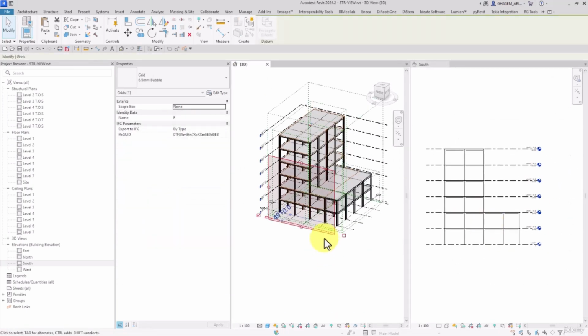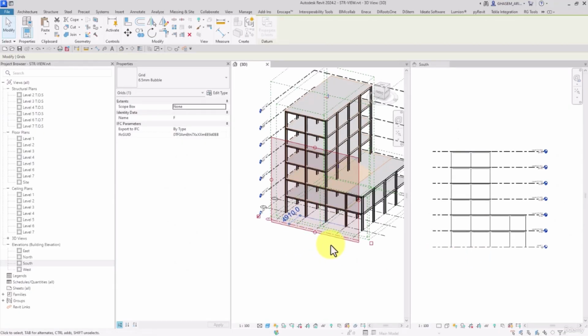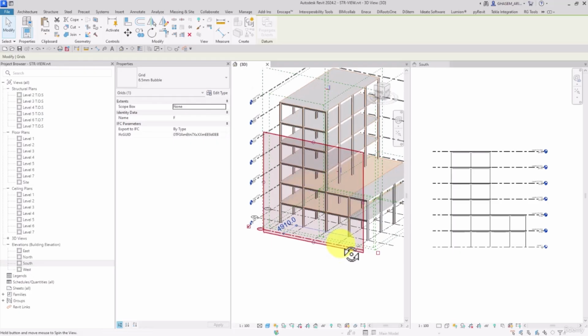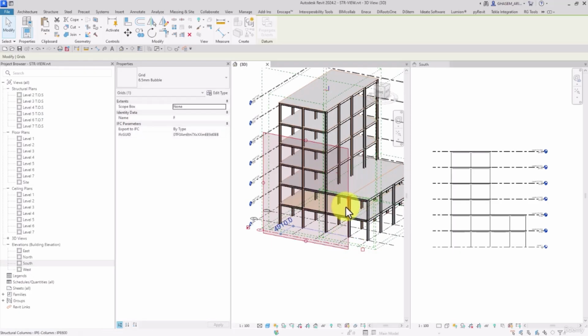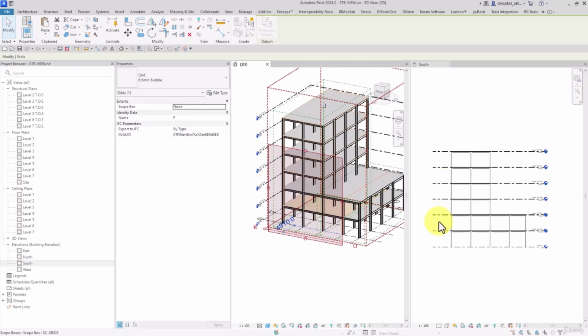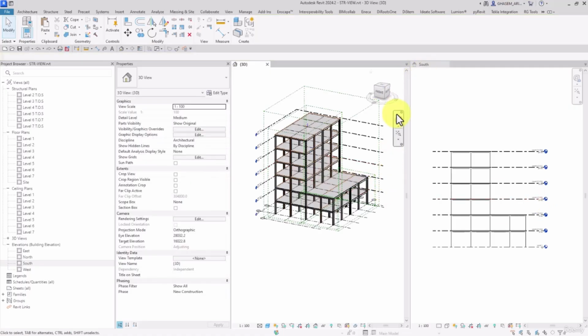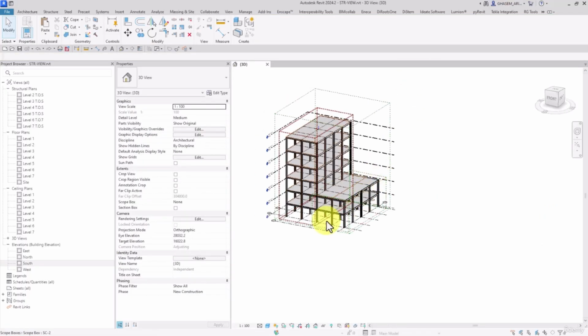South and 3D, I select this grid, look, and then I want to, let me see, actually the grid line is not shown in the south view, but if I move the level, as you can see, the changes are applied in the south view because the grid lines,